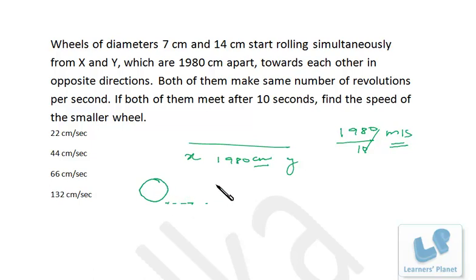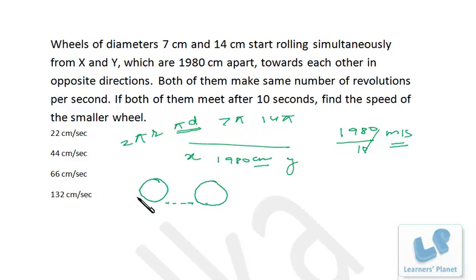It just covers up the circumference to reach this point. That means the complete revolution, the length of the revolution, is nothing but the circumference of this circle, right? Now the diameter of this circle is 7 and here the diameter is 14. The circumference is 2 pi r, or we can say pi d. In terms of diameter it is pi d, in terms of radius it is 2 pi r, right? So 7 pi and this is 14 pi.